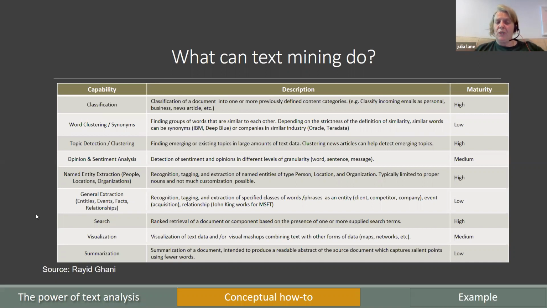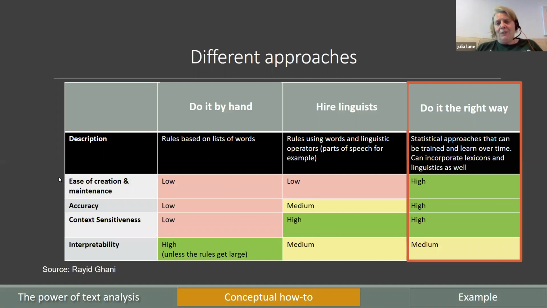One of the things that we talked about in record linkage is named entity extraction. How do we find whether a person is the same person, whether a location is the same location? It requires looking at text and making sure that they're the same. What we're going to talk about in a minute is search. How do I find the food safety documents? Summarizing. So there's many, many different tools. So obviously there are different approaches.